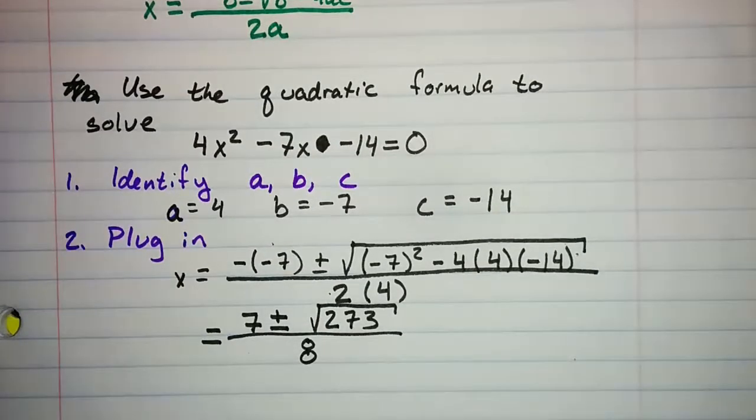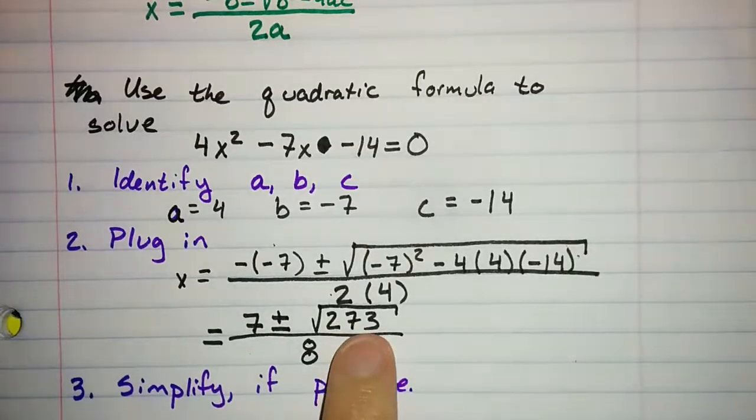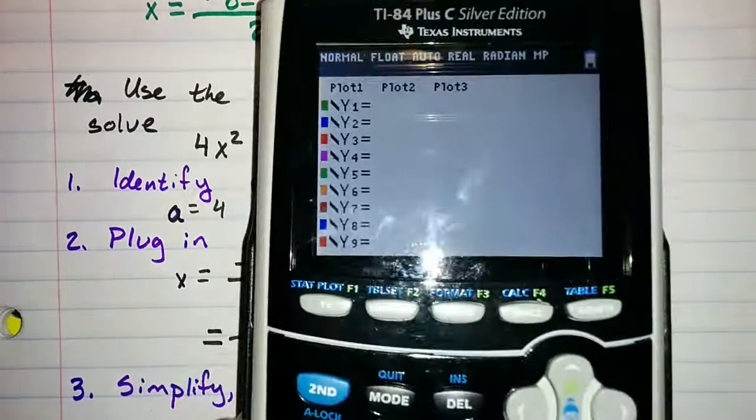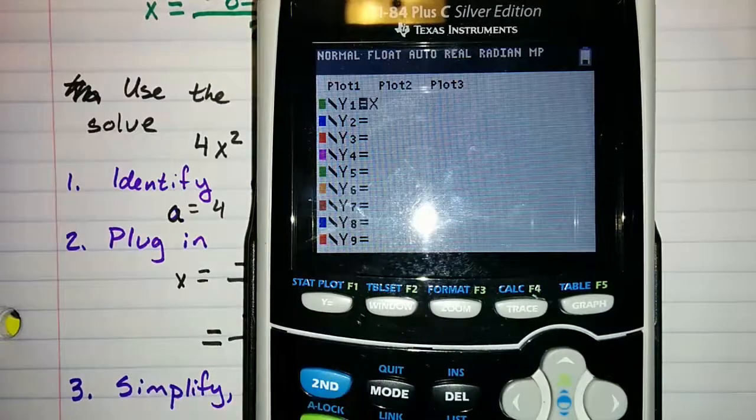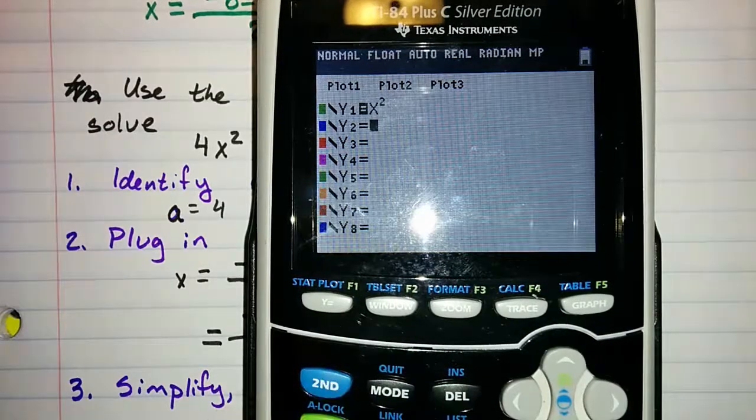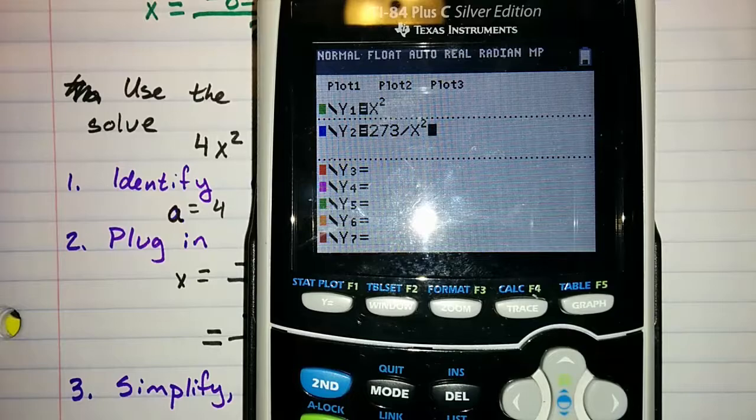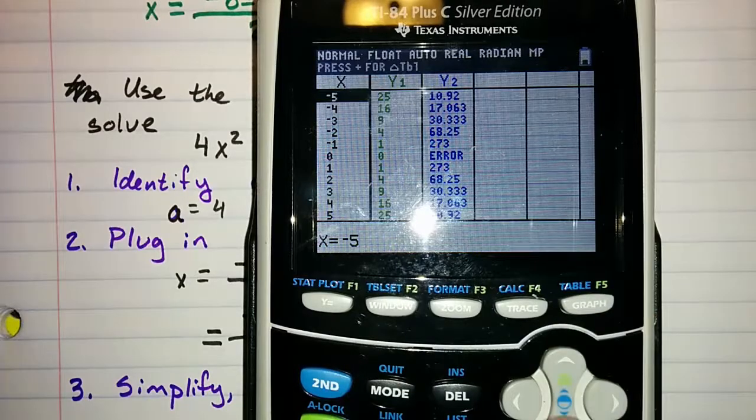What's our last step going to be? Simplify if possible. I want to see if 273 has any perfect square factors. I'm going to use my calculator to avoid the tedious work of systematically dividing by every perfect square. So I'm going to look at all the perfect squares and 273 divided by each perfect square. Looking at the table,